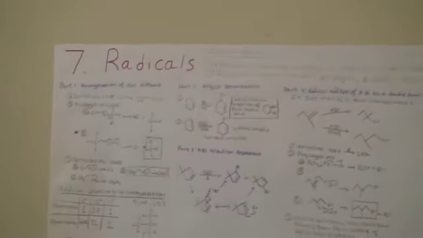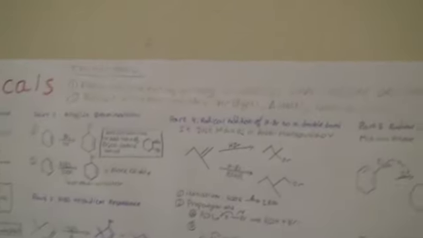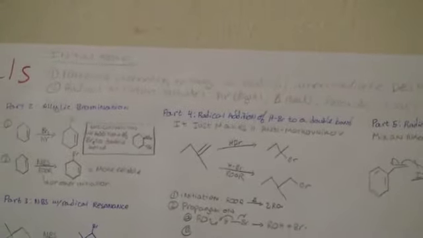Welcome to part 7, radicals. I'm going to make some initial notes about this. The first one is that reactions proceeding through a radical intermediate destroy chirality, and that means you get a racemic product. The second thing that I'm going to say about it is just list off the radical initiators, and